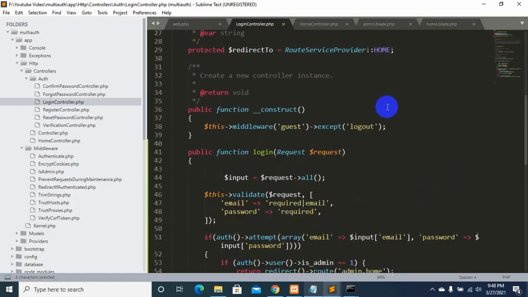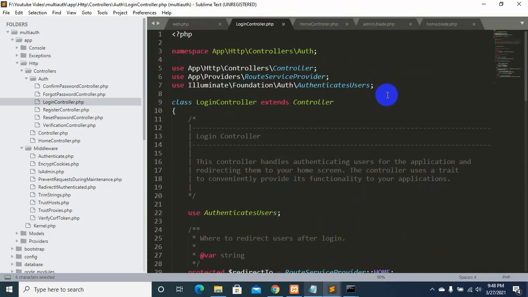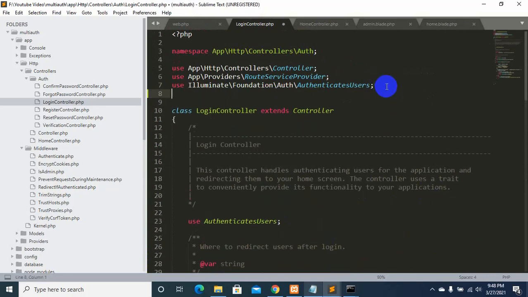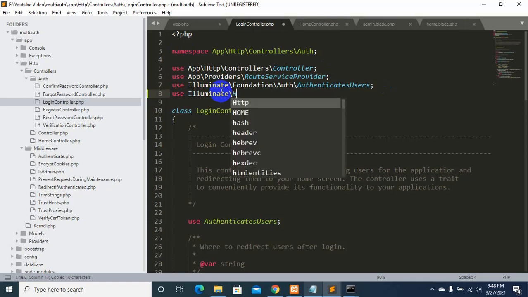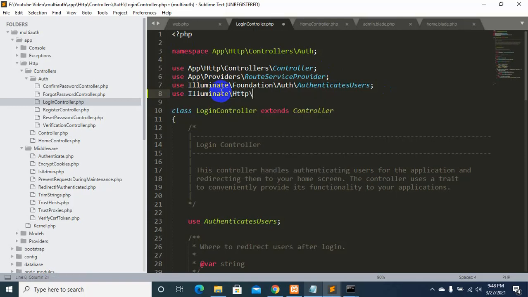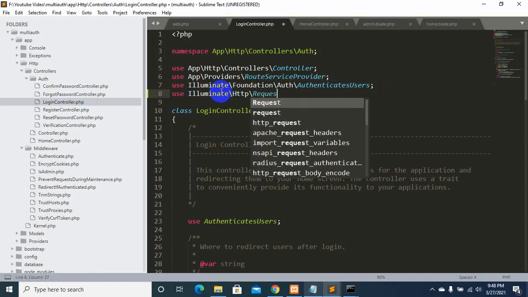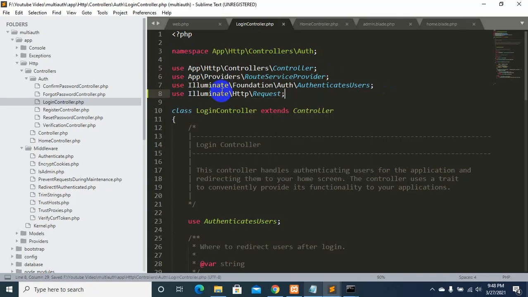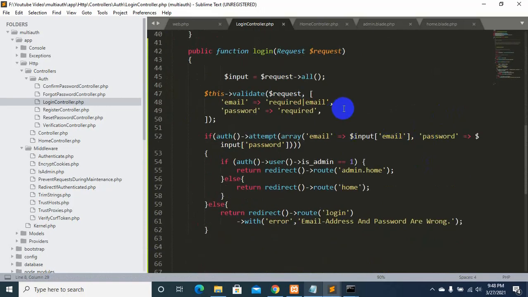Okay, and one more thing, we need to add a line over here. We need to say use, I'll just copy it, Illuminate\Http\Request. Okay, we need to add this line, otherwise it will not work, because we are requesting data from the login page.